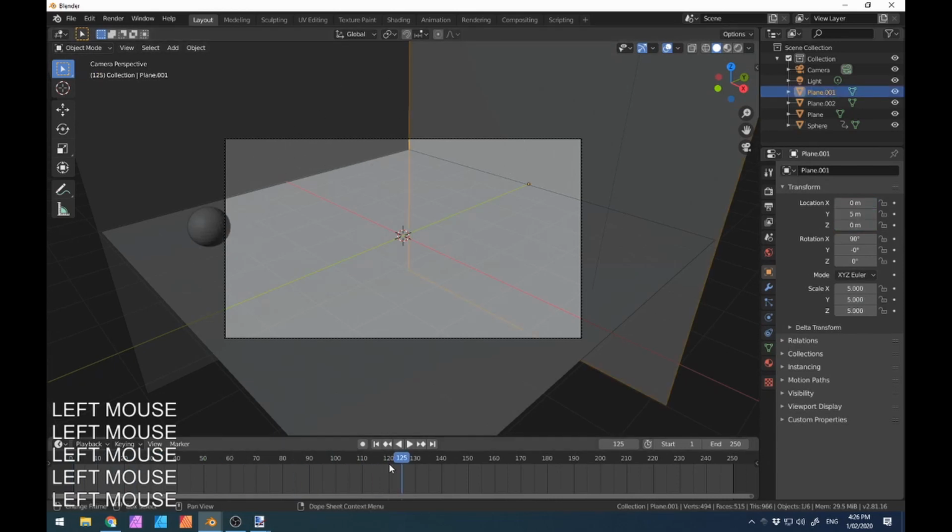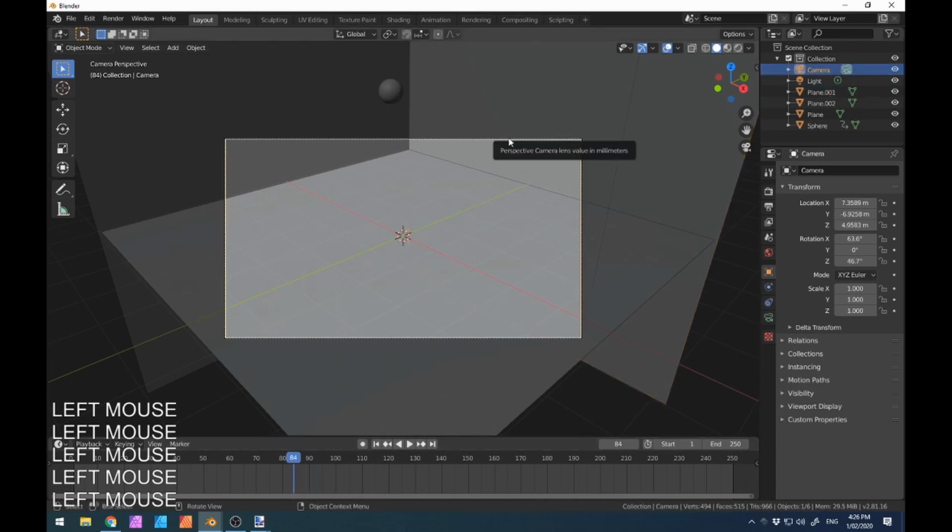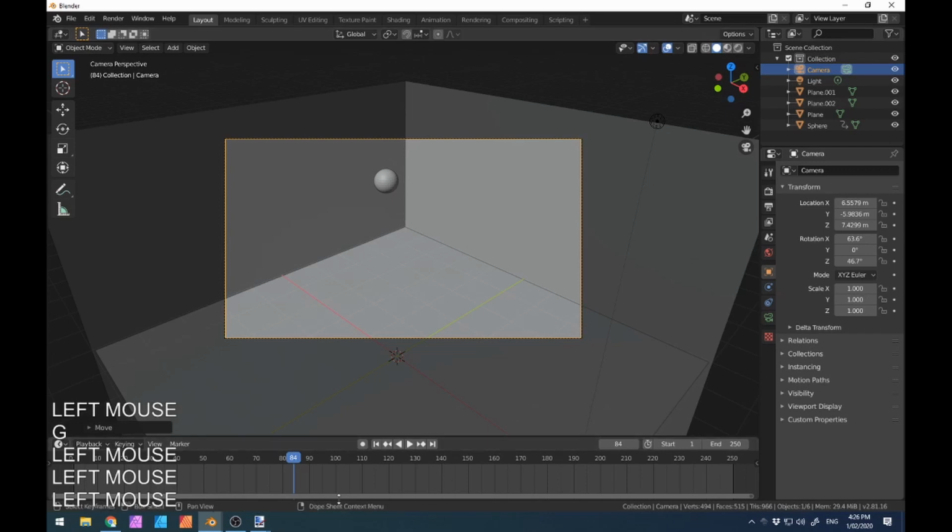So selecting the camera, getting to where it's going to hit those walls, so it's about there as its highest point. So I'm just going to grab that, move it straight up, and we'll see how it goes. So the ball comes in, bounce, bounce, bounce, and out again. That looks pretty good. Now the shot's actually over probably frame 120, so we don't need the full 250, so